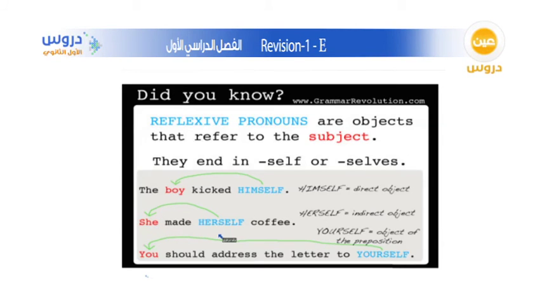She made coffee herself. She made herself coffee. The same. So herself here goes back, this pronoun goes back to indicate she. You should address the letter to yourself. Also the same here, it is reflected to the subject you. Now,